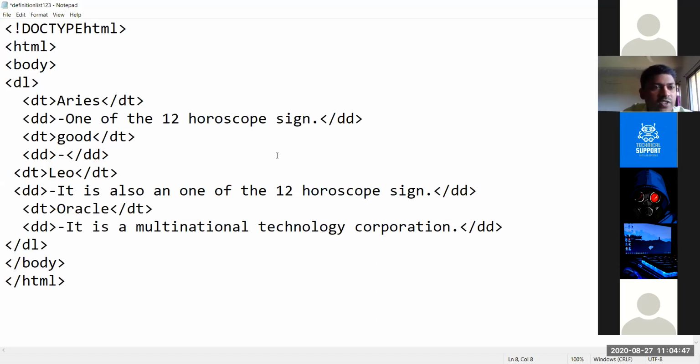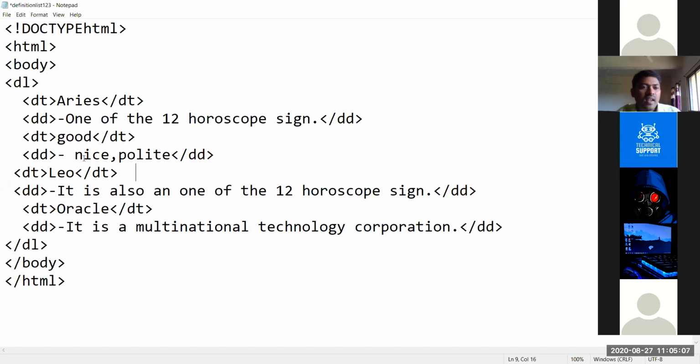The meaning of good we have to specify here. What is the meaning of good? I'm giving nice, comma, polite. A polite person we can say is a good man. That we have to specify.